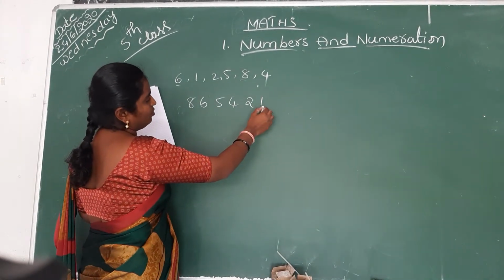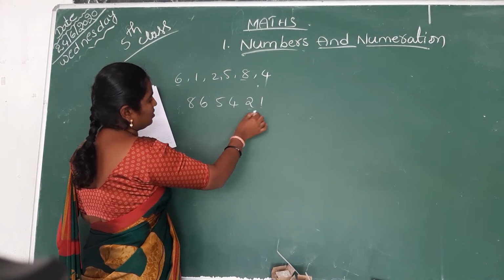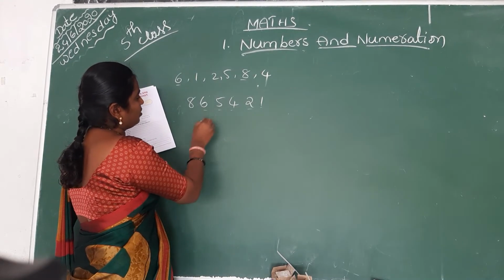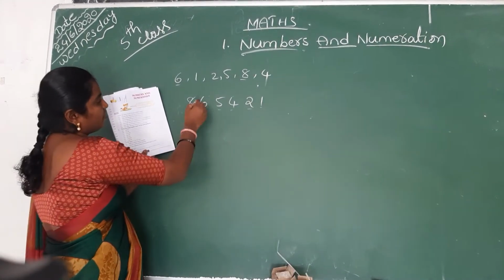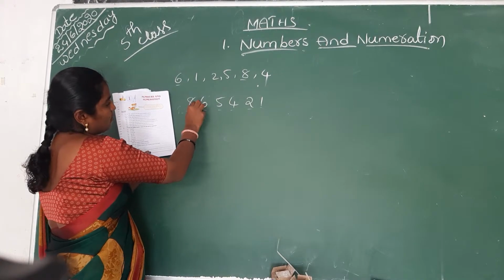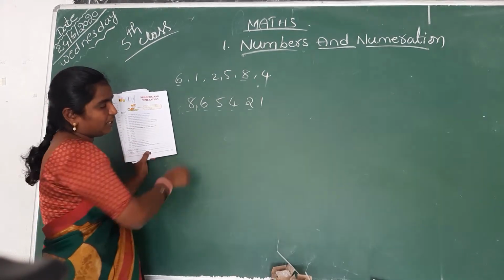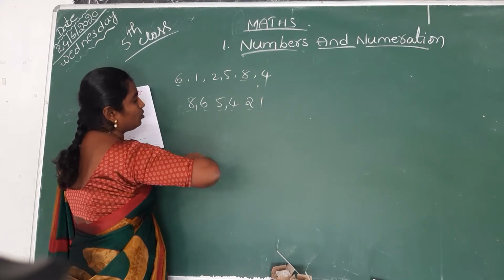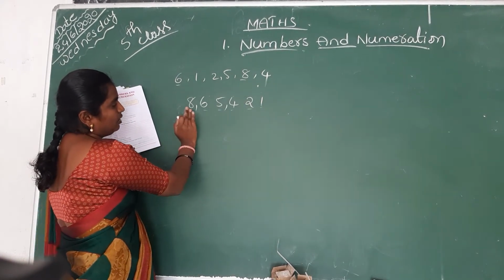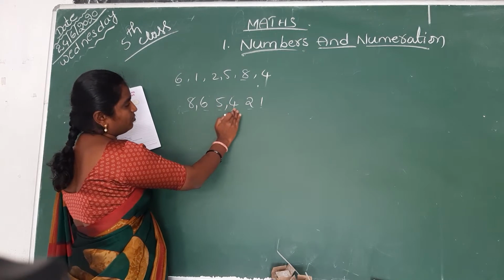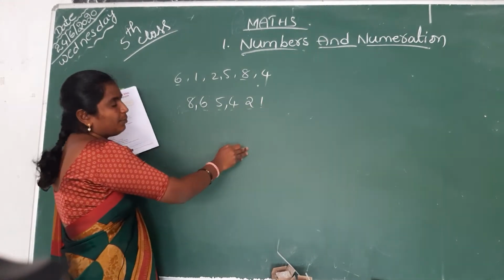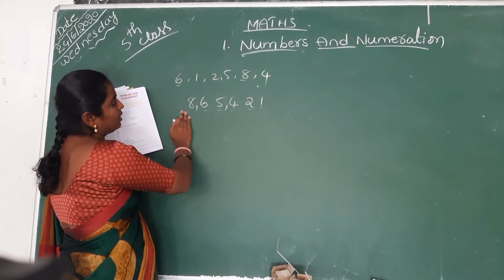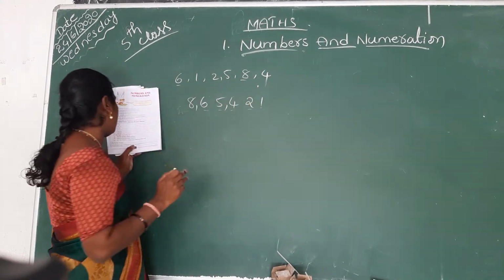Now see the place values of this number: ones place, tens place, hundreds place, thousands, ten thousands, lakhs. Now this number comes into the lakhs. So 8 lakhs; we have to put a comma at the lakhs place and the thousands place, the remaining need none. Now read this number: 8,65,421 is the biggest number we got by using these digits.